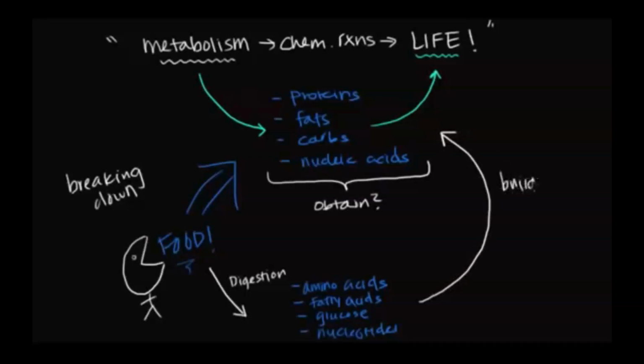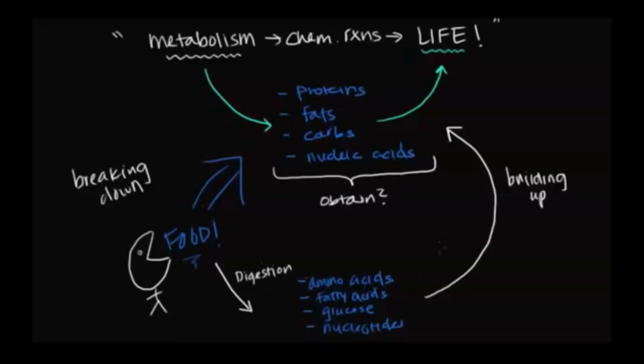back up. So essentially, you can see all of these subunits or monomers as Lego pieces that we're essentially reconstructing to build the right configurations of proteins, fats, carbs, and nucleic acids that our body needs. So that's really the key idea here, which is that metabolism is a balance between breaking things down and building them back up in our body so that we can customize, so to say, what type of macromolecules that we